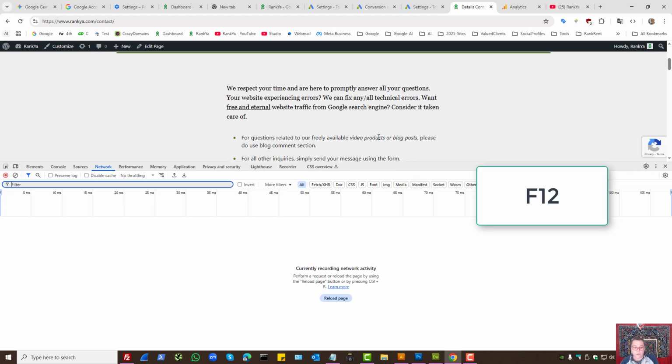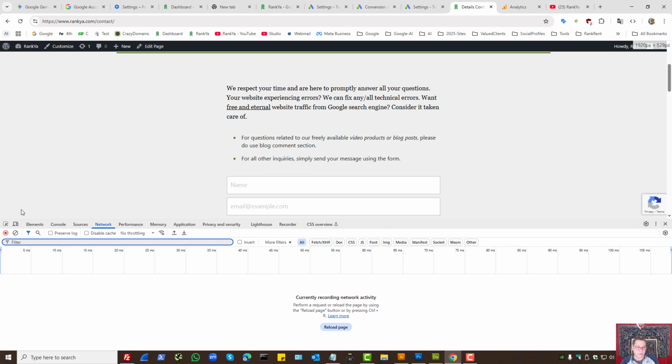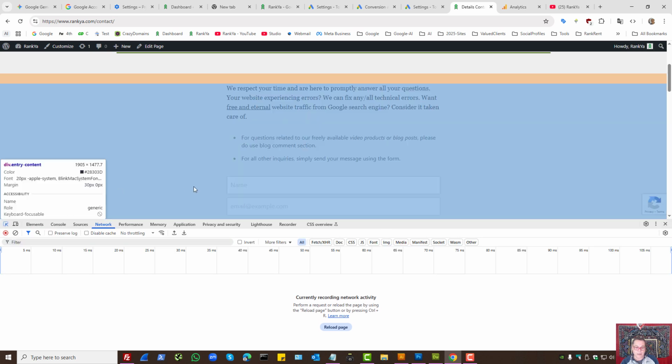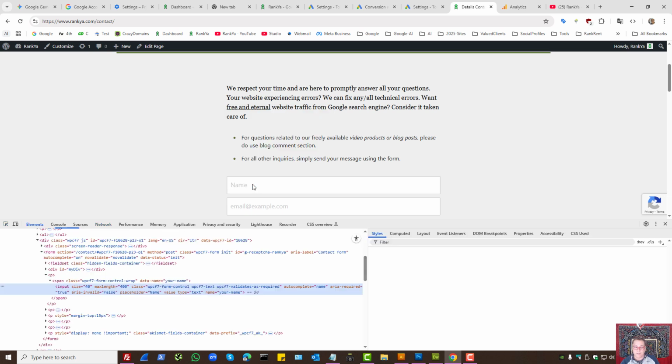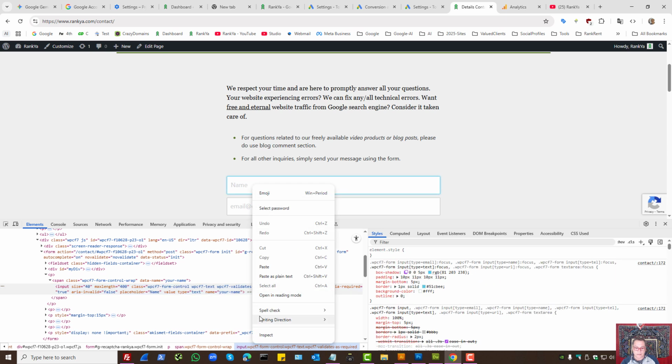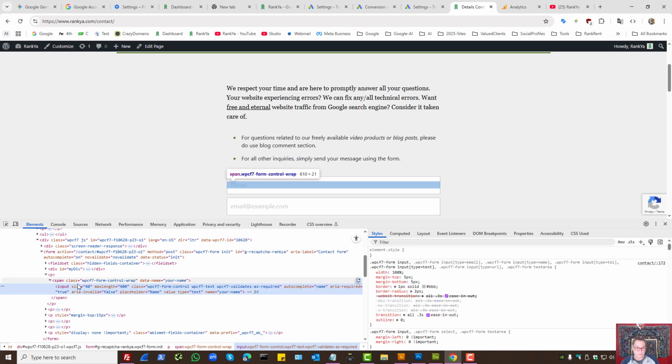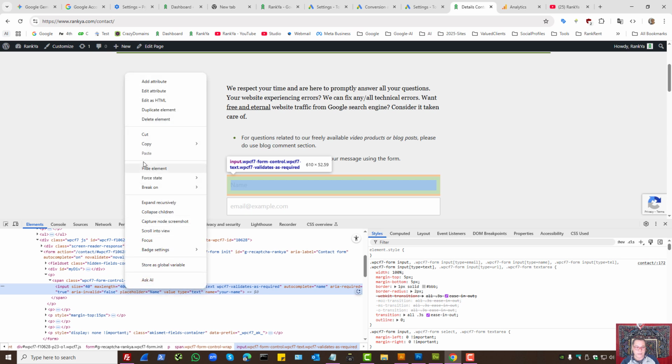Press F12 on your keyboard, select the arrow key and hover over a particular element here. Let's say a name field, right click and press inspect. As you can see, it's highlighted. Then right click, copy selector